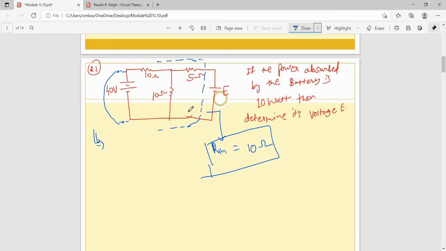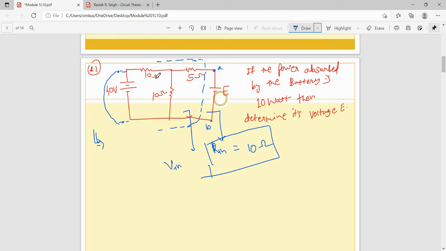Now when you calculate VOC, or you can say the Thevenin's voltage VTH, open circuit this target terminal. Okay, let it be node A and node B. So what is the voltage drop across the 10 ohm resistance when I open circuit this E volt? This potential appears across this potential, right? Because current is 0 in this 5 ohm branch. So directly this potential is observed with this potential.